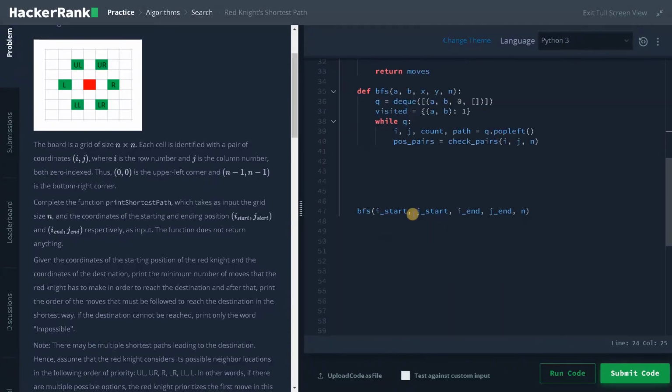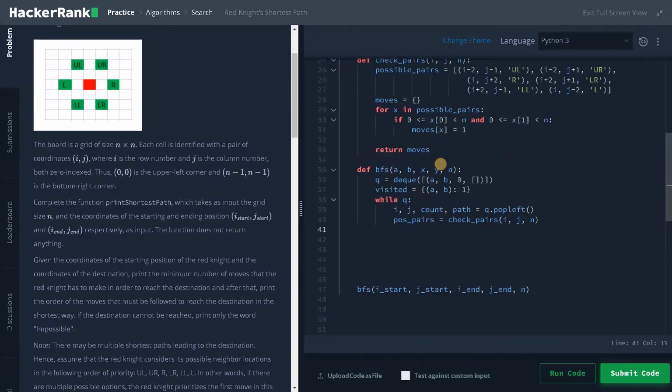So that is done. And in the BFS we are going to traverse the possible pairs. So I will say for pair in pos pairs. Now here we have to extract the coordinates and the path. So we have 3 things, right? Coordinates and the path.